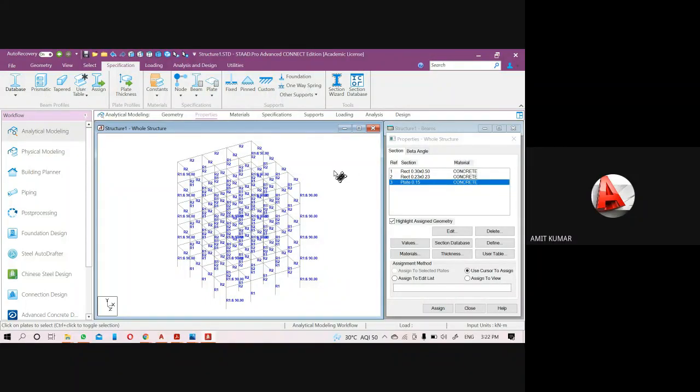But if you don't create the plate here, then in that condition we have to calculate the plate value manually. Okay, so there will be formulas like if your plate thickness is 150 mm and concrete grade is M20, then unit weight of concrete is 20 kilonewton per meter square. In that condition, just use the formula plate thickness multiplied by unit weight of concrete, and it will give you the unit weight of your plate.